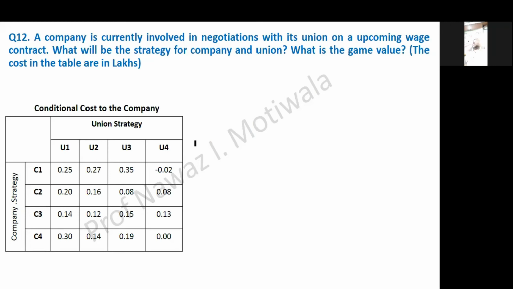Just read the question once again and see what difference you can find from the previous 11 questions and this question. Okay, again I will go back to our theoretical concept. What we say in our payoff matrix part, I have repeated many times, is that the table which will be given to you in the question will always be with respect to A. Whatever table is given to us will be with respect to player A, and the values given in the table will be the profit to player A and loss to player B.